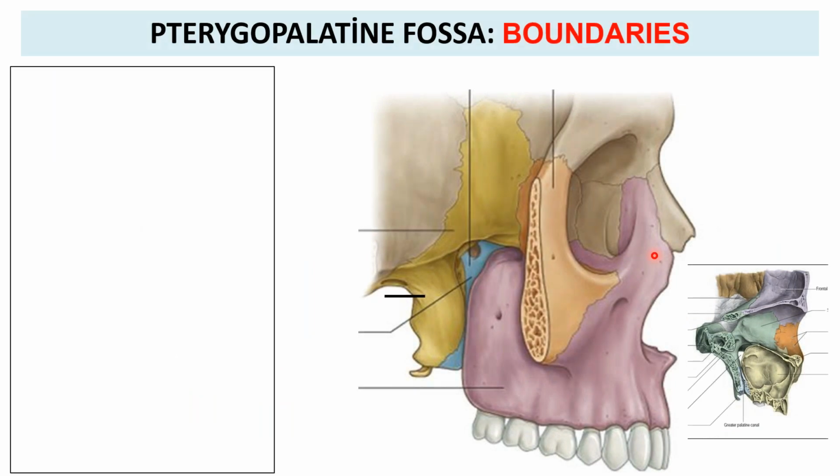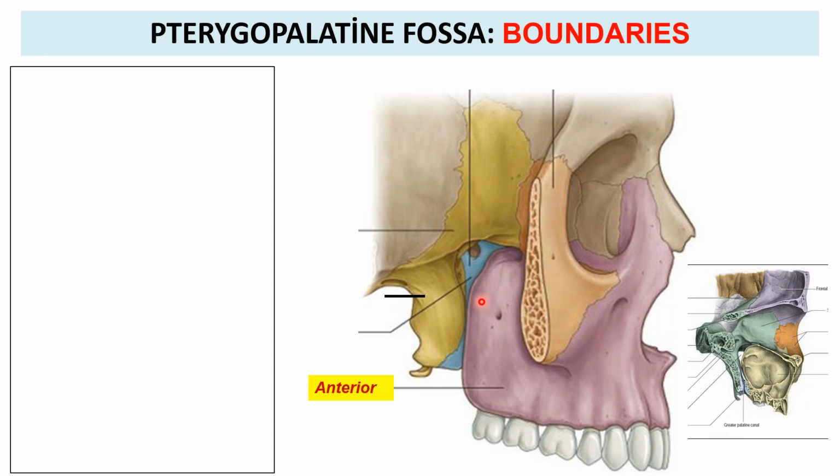Now, with that much detailed skeletal framework of the pterygopalatine fossa, let's come to its boundaries. In this picture, this is the anterior, posterior, superior, and inferior view. The same three bone skeletal framework that we had seen: the maxilla bone, the sphenoid bone, the greater wing of sphenoid, the pterygoid plates of the sphenoid bone, and the body of the sphenoid bone superiorly. And this blue bone is the palatine bone. If we remember these three bones, we will be able to do the boundaries of the pterygopalatine fossa with the same reference point of this earlier picture that we had seen.